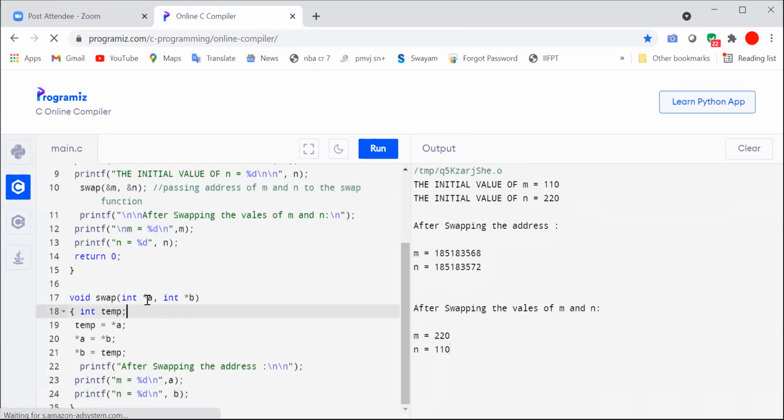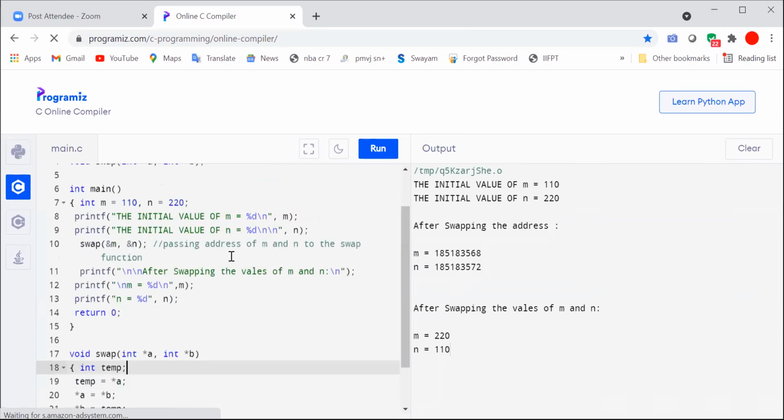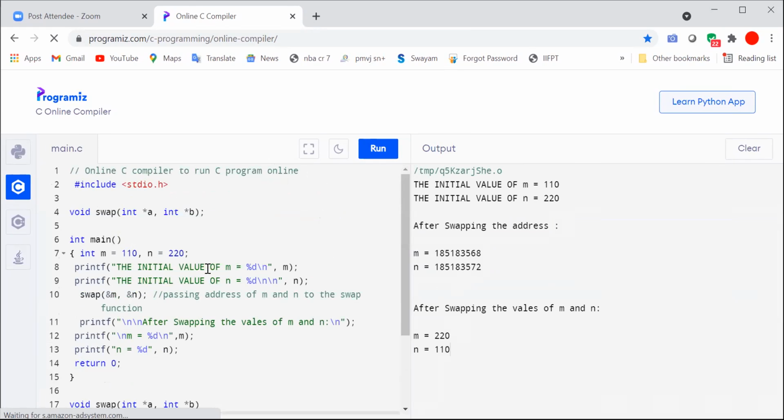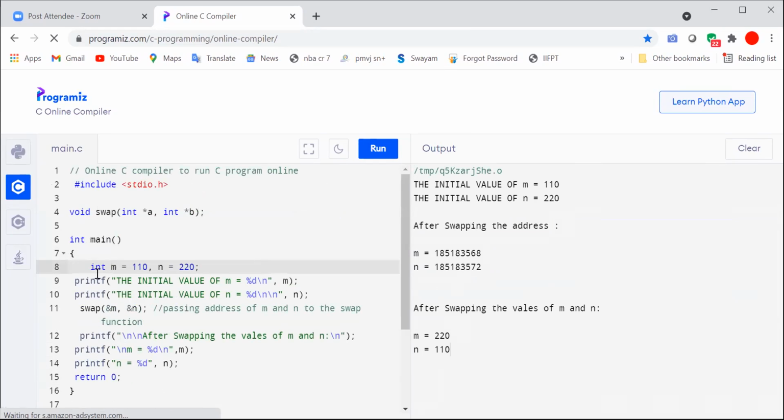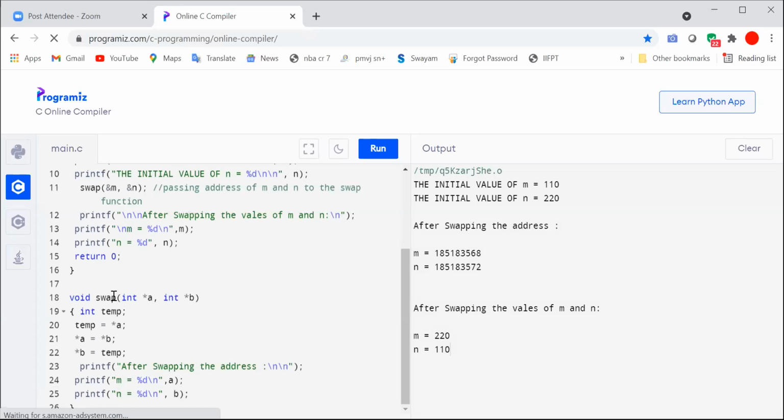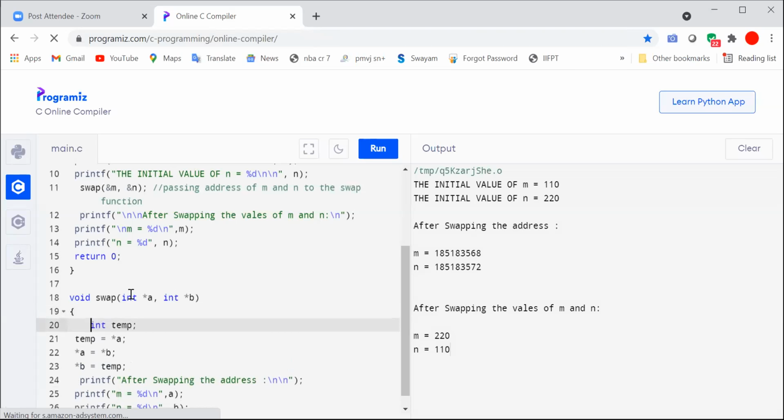And here we are using A and B, and they are the formal arguments. Here we are using M and N, they are actual variables. The variables M and N are declared within the main program, so they will be visible or known within the main program alone. Those variables we cannot make use of here. So we are using local variables within the function, A and B. Those variables A and B will be visible here only.